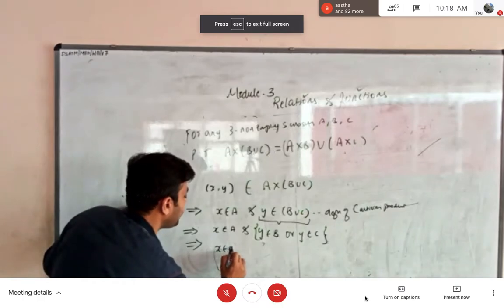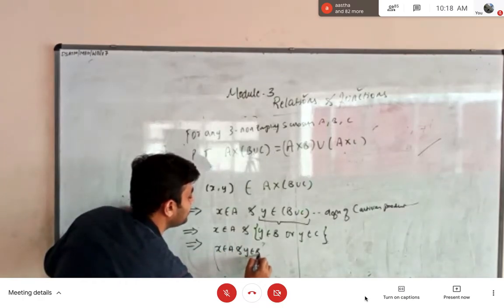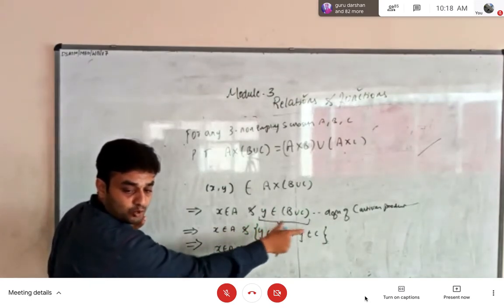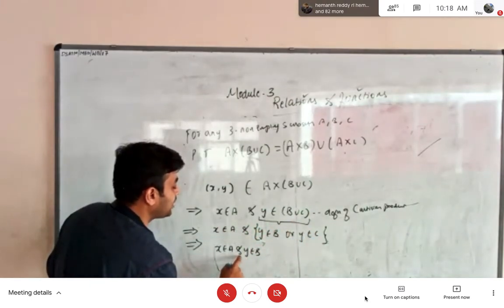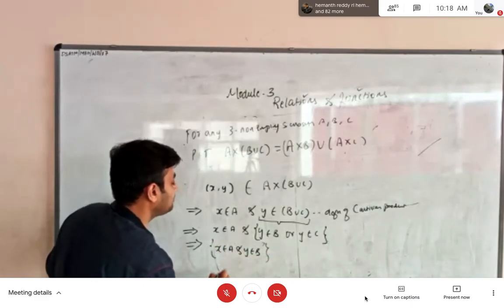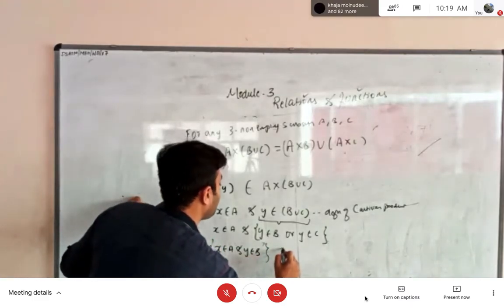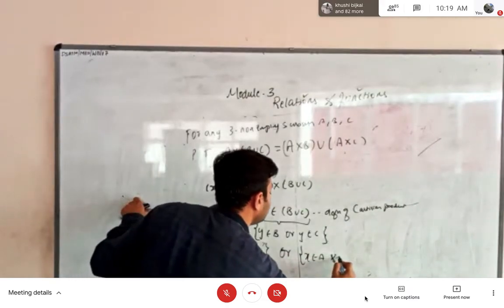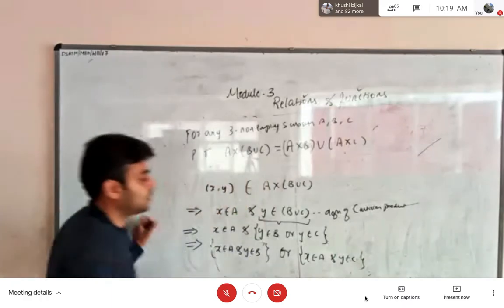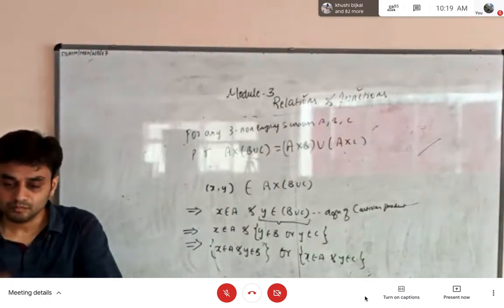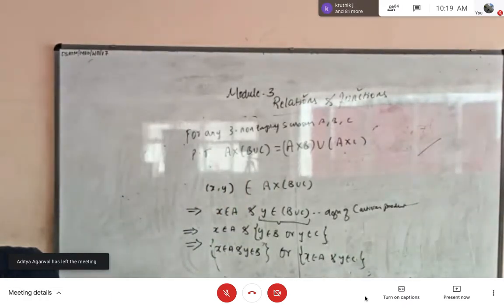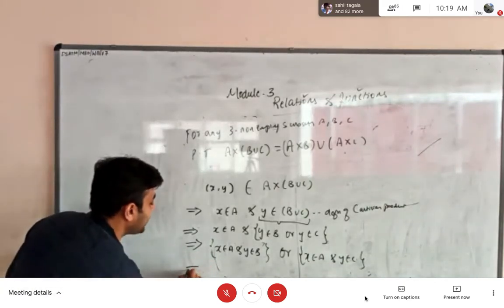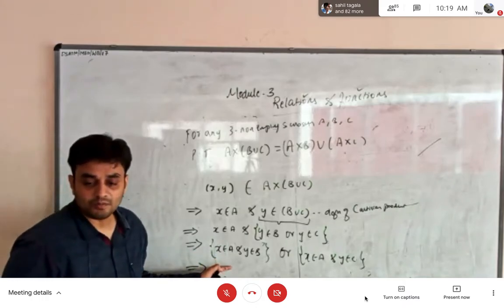So next, if you elaborate this further, this can be written as X belonging to A and Y belonging to B. Since you have brackets here, you just have to multiply this X belonging to A for both the parts. So this can be written as X belonging to A and Y belonging to B. This is the one part. Next, or X belonging to A and Y belonging to C, right? Okay. So now what I have to do is, now I have to again combine this.